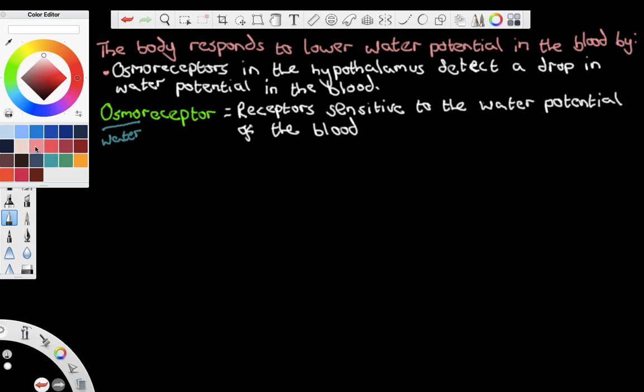So we can say, and this is an important point, that low water potential within the blood